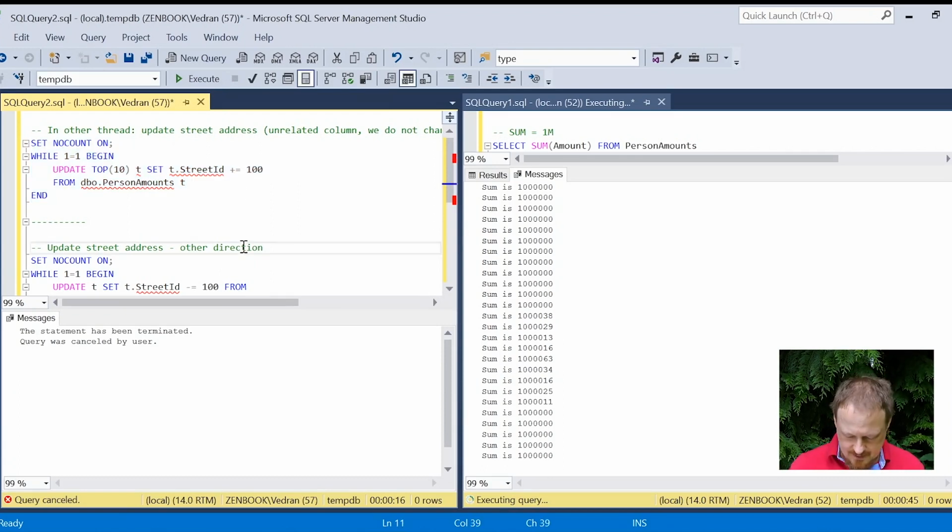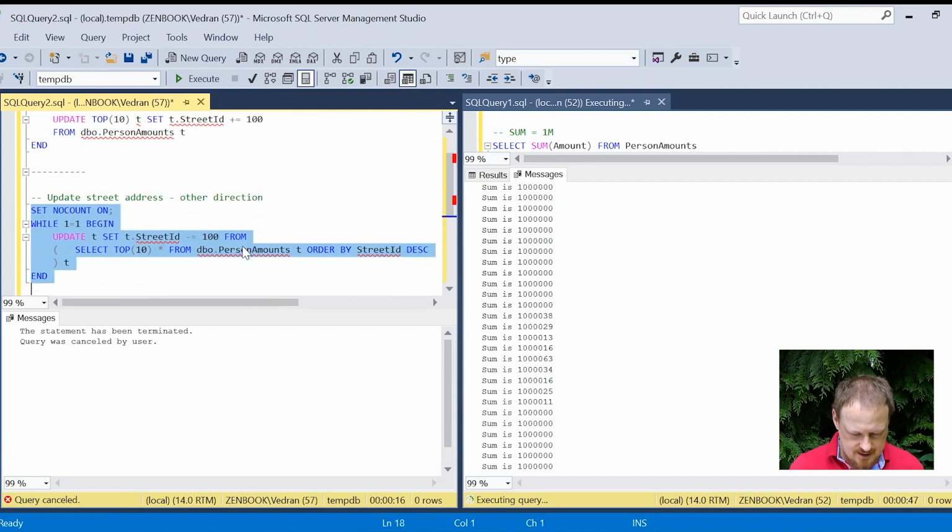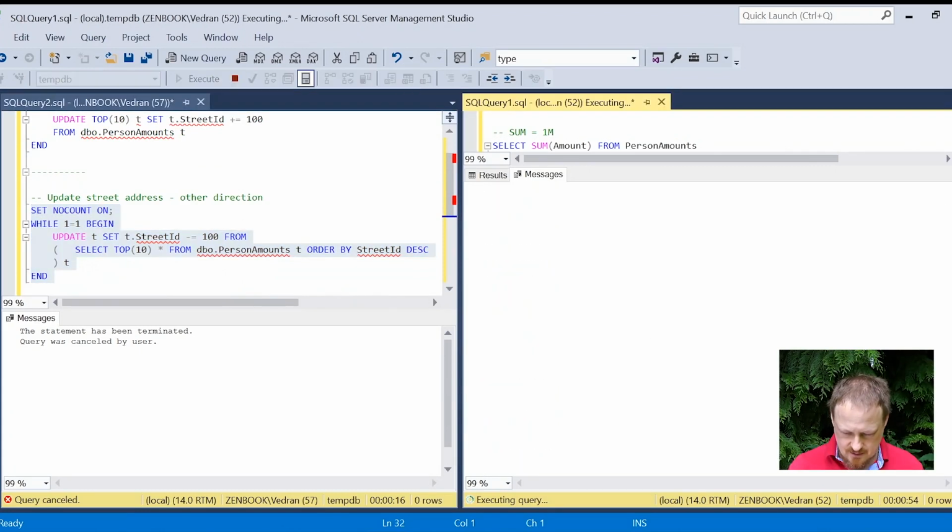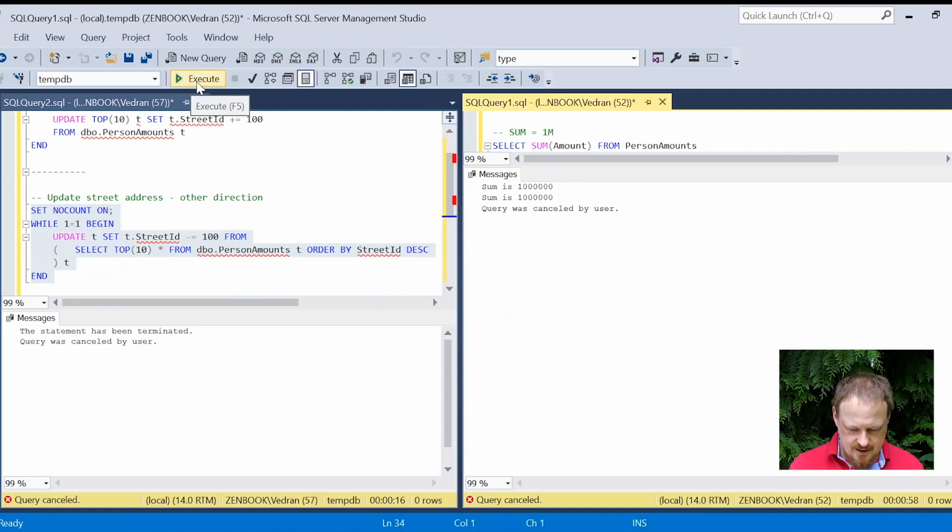So let's do something else. Let's change it in a different way. Again, the street, we will change the street. Let me scroll down, okay. Now let's start changing it a different way. Oh, what did I do? I canceled the wrong query, sorry.